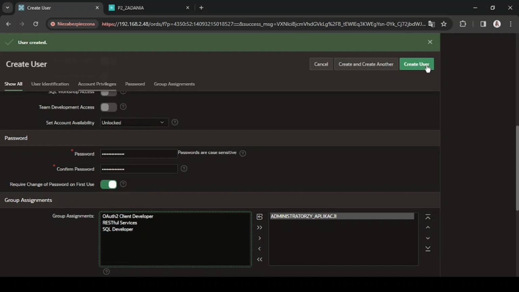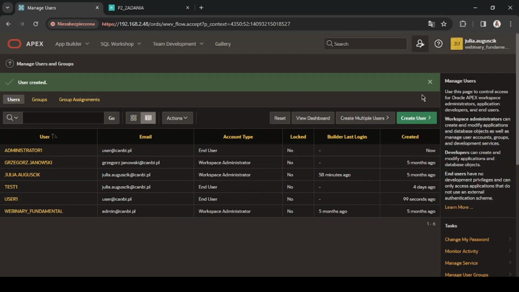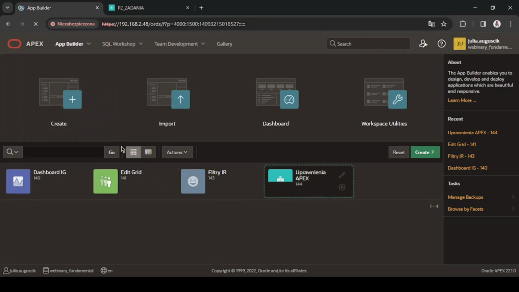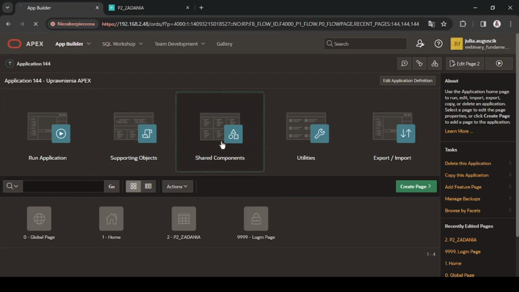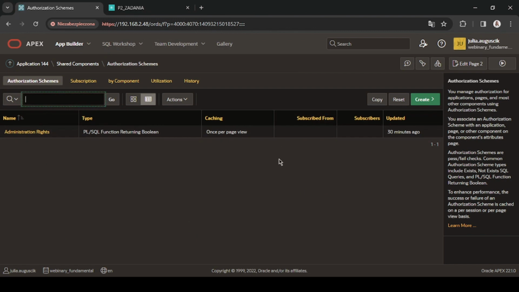I save the changes, go to the shared components in an application, and select authorization schemes. I create a new schema